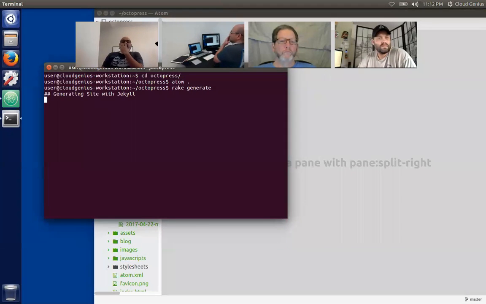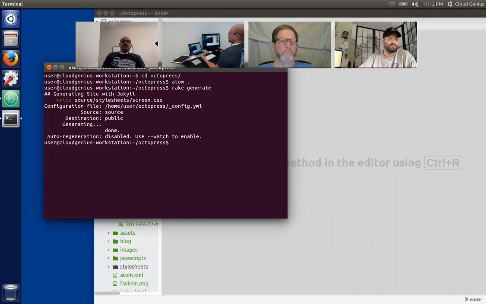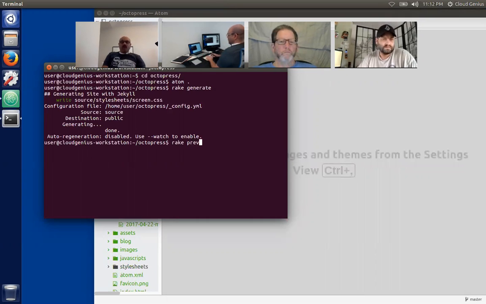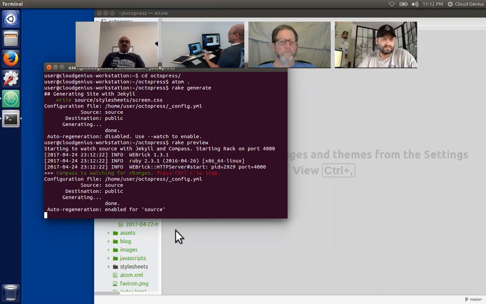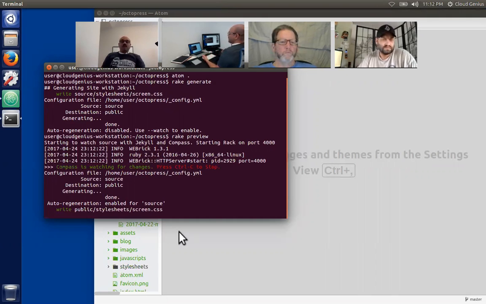And when I do this generation step, it generates fresh HTML, CSS, JavaScript content. Now we have new content developed and ready. So I want to see the content live on a local machine. I can rake preview, and I can see that this generated content, HTML, CSS, JavaScript, is now running locally in a local web server running at